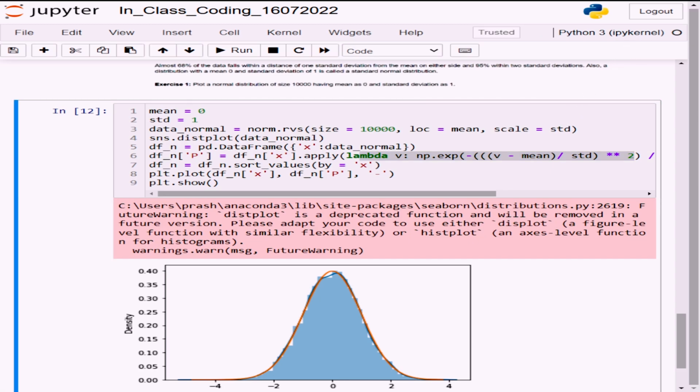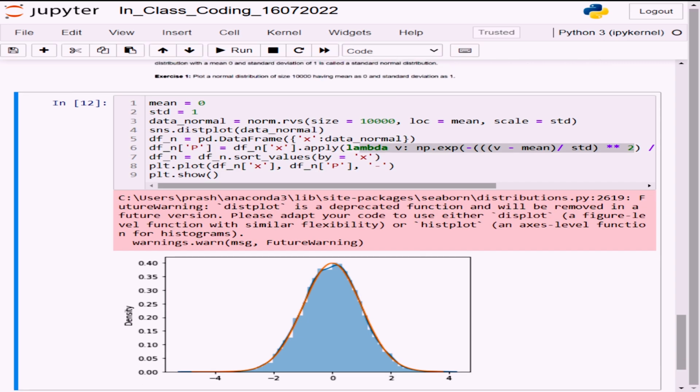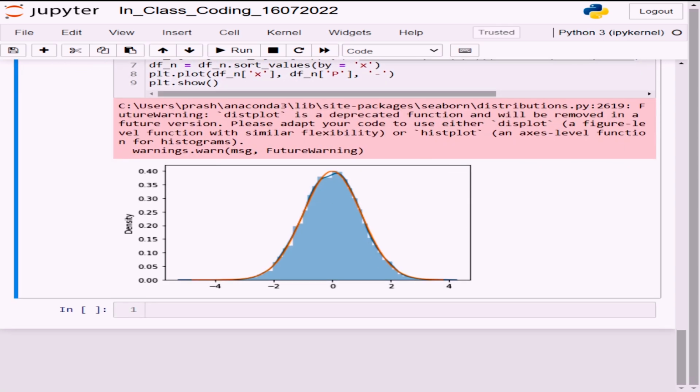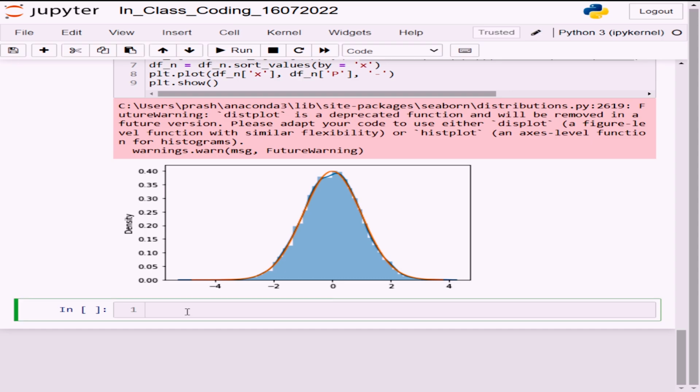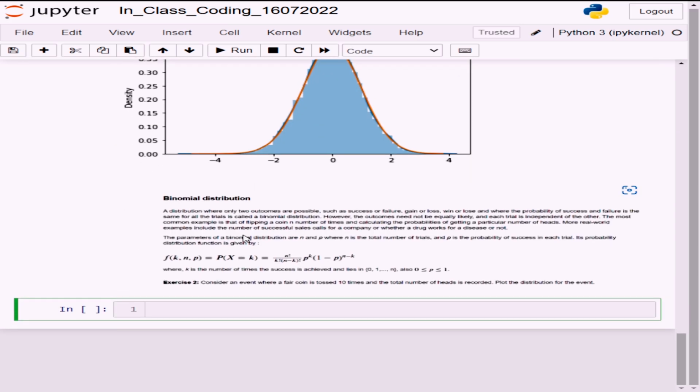Okay, so let's proceed further in that case. The next distribution I want you to concentrate on is the binomial distribution, right? So far we discussed only one, so we'll move on to the next one. All right, so these are the details of the